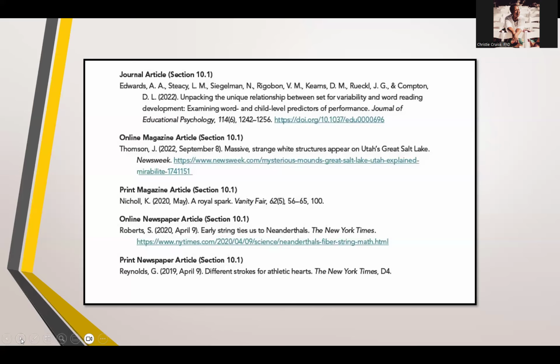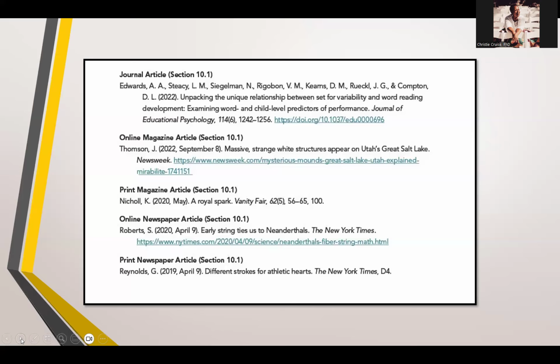Same format if you're using an online magazine article. Last name, so you have those 4 elements. The most important thing is to note that the 4 elements have to exist. You have to have the author's name, you have to have the date, you have to have the title, and you have to have the source, no matter what.